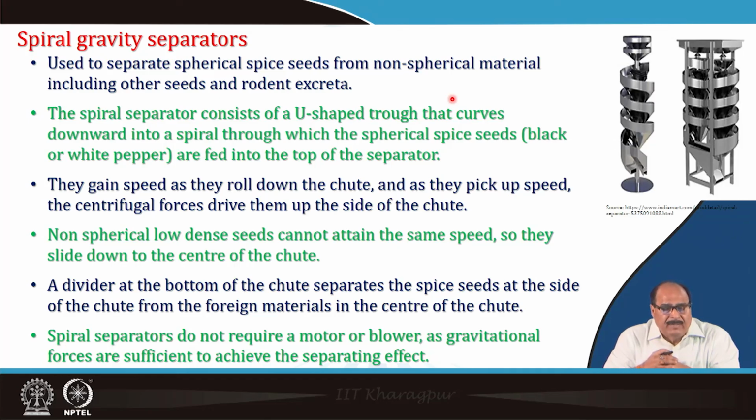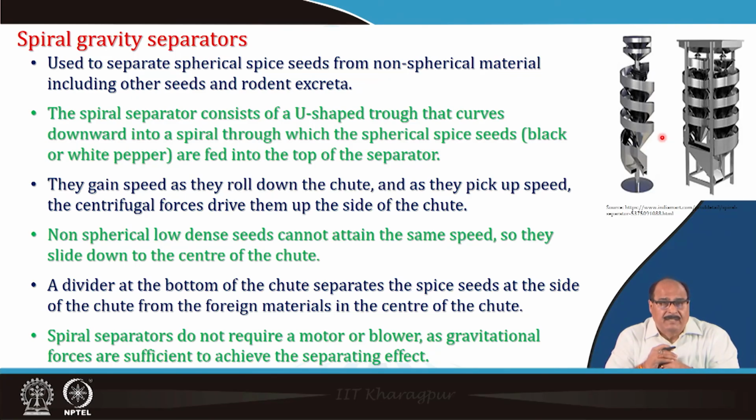Then spiral gravity separators are the other type of important equipment. These are used to separate spherical spice seeds from non-spherical materials including other seeds and rodent excreta. The spiral separators, as you can see here in the figure, consist of a U-shaped trough that curves downwards into a spiral trough, into which the spherical spice seeds like black or white peppers etc. are fed at the